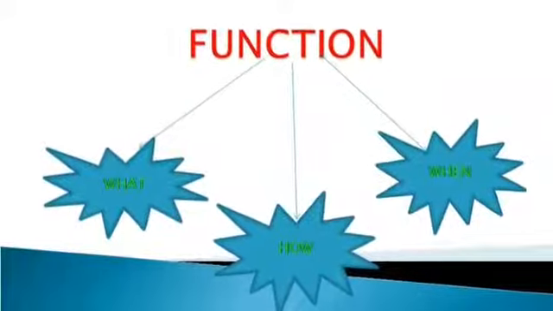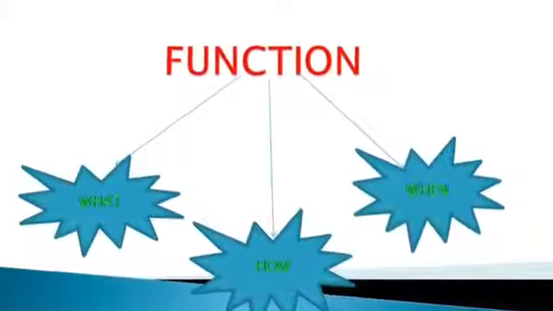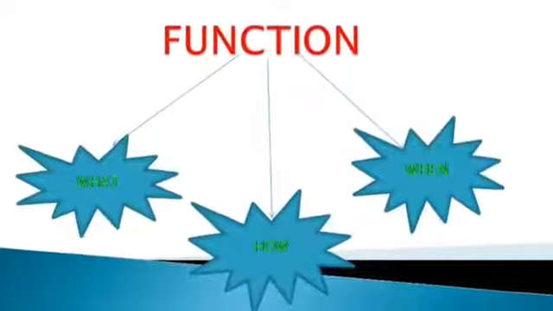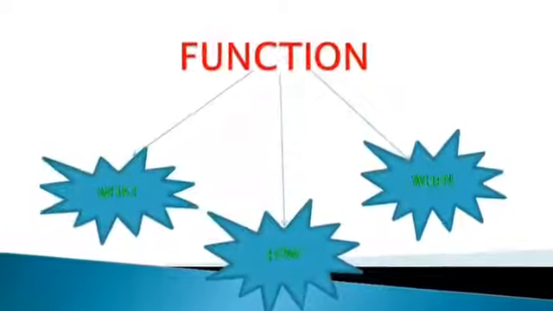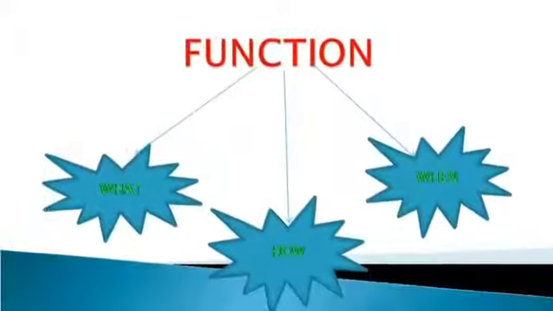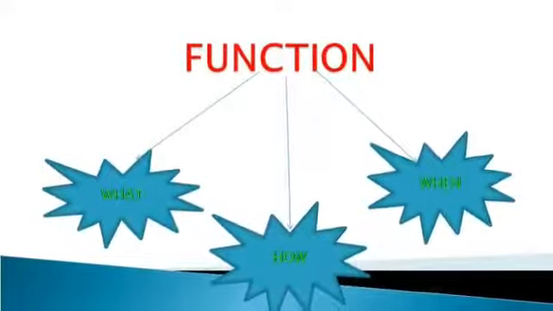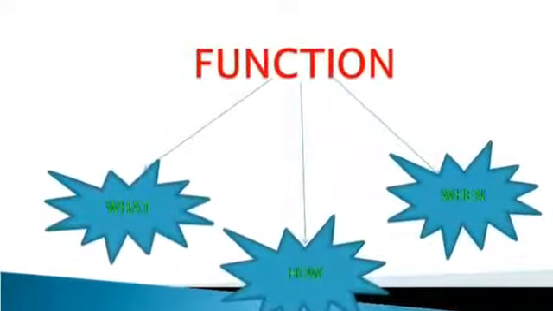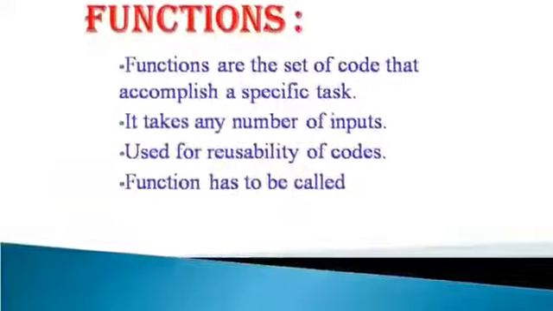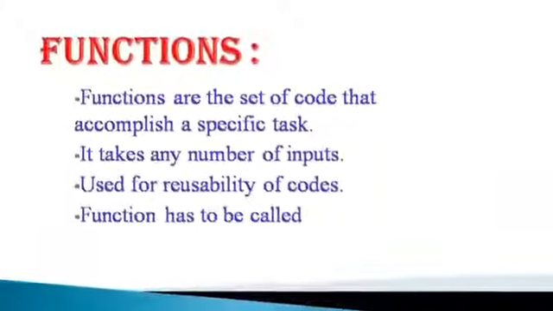If your father asks you to arrange a big family function, you have to arrange for food, hall, decoration, etc. It is a big work assigned to you and you can't do it by yourself. Some of your friends, relatives and others will come to help you finish the work assigned to you. In the same manner, functions are small separate blocks used to perform the task assigned to them. Functions are small sets of code that do a special task.